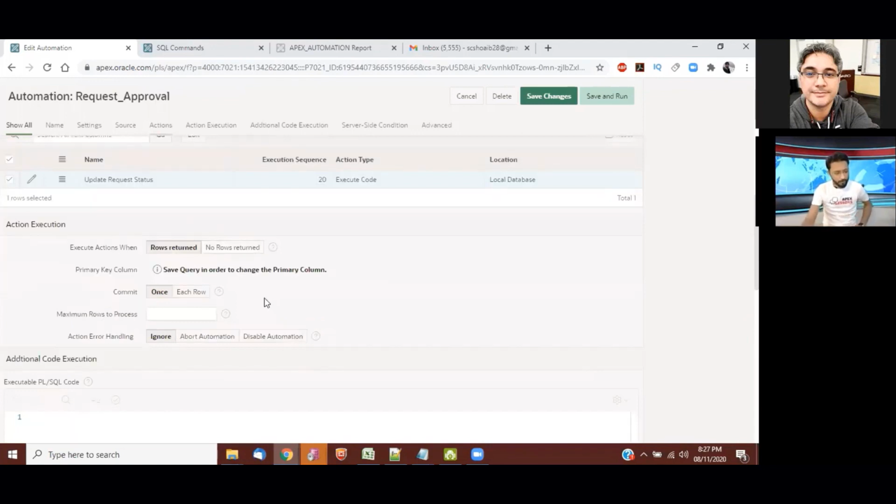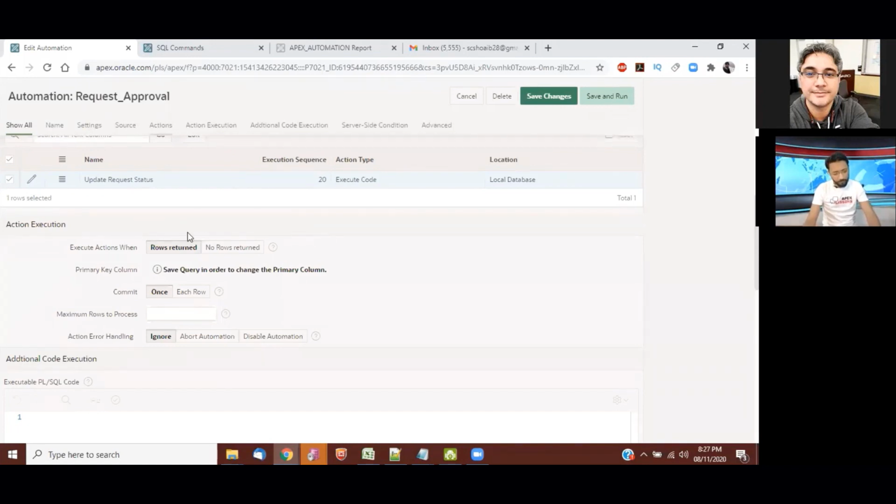Yeah, I would say it's greatly enhanced and simplified compared to DBMS scheduler. Plus, sometimes as a developer, you might not have access to DBMS scheduler, while Apex can provide you this access. And if you've seen how you schedule things, if you use DBMS scheduler like me before, which we use a lot internally in Oracle, this is much easier, right? So yes, I would say.